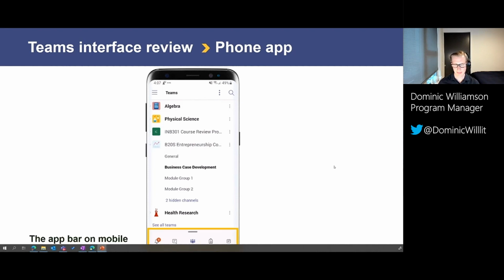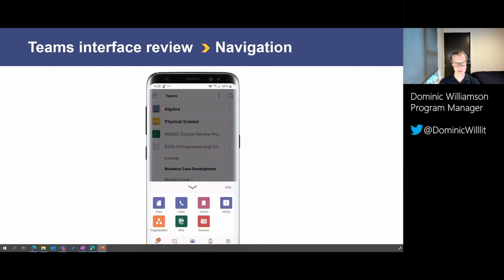And so this is where, from the App Store itself, you have access to the app bar. We've moved it to the bottom of the screen because, of course, on a phone it is a slightly different user interface, as it is a smaller device. Then we can always slide up from the bottom of the screen and have access to those other apps, and also use unique things like the camera on the phone, which is great. If you think about, say, within colleges, I've seen it being used by mechanics to share with students who might be learning about how to rebuild an engine, being able to take a photo and show a demonstration of learning.